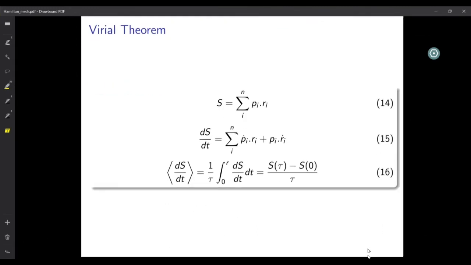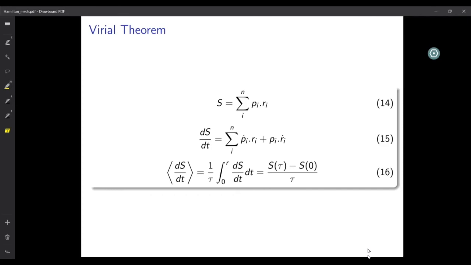So now we are going to look at a much simpler theorem, since Liouville's theorem was quite a handful. We're going to look at a much simpler theorem called the virial theorem, again derived from Hamilton's principles, right? So what is a virial, you might ask? Let us consider a system of particles with generalized momentum p_i and